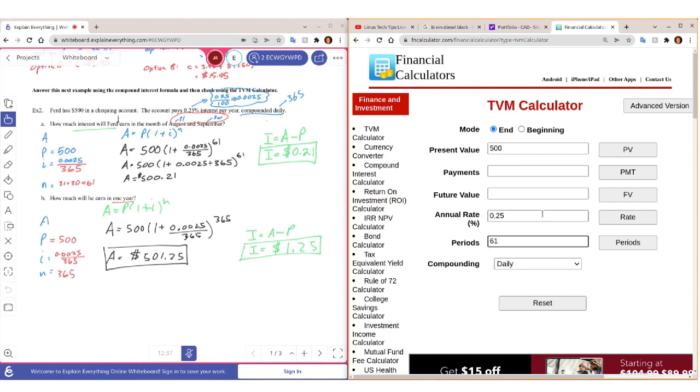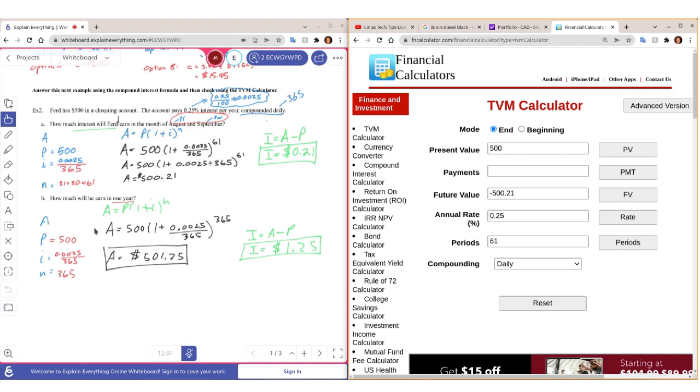Now, we have all the information that we need. The computer will go and calculate this part here for our I value, punch it into the equation. It'll also put in the 500 and the exponent of 61. And we should figure out what our future value is. Now, to calculate the future value, all you have to do is click the button called future value. And there it is. So in this case, the bank has to give you $500.21. Isn't that what we expected?